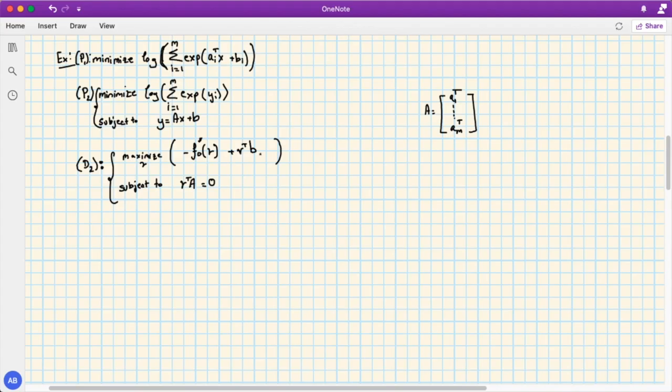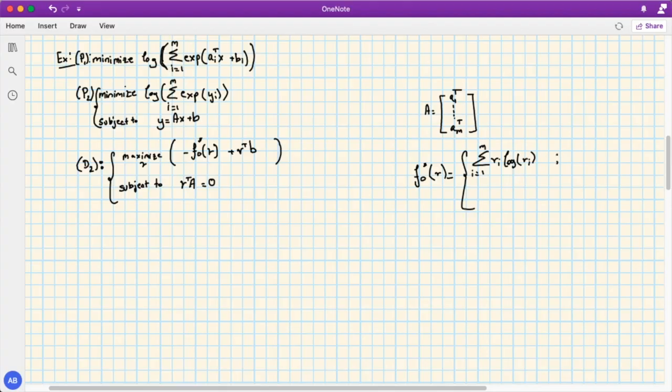We know from previous lectures, in particular my lecture that talks about conjugate functions, that we derived an expression for f0 star when f0 is the log-sum-exponential function, which takes the form sum of nu i log nu i, going from 1 till m,